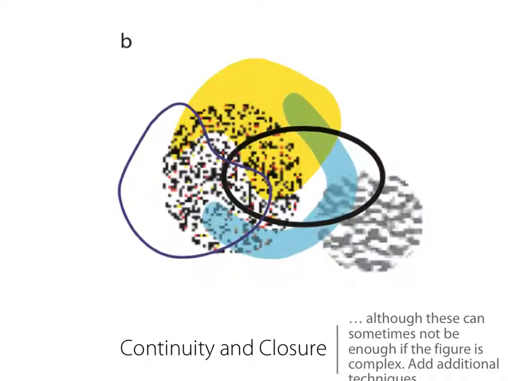Now, sometimes continuity and closure isn't enough, so we need to do something else. You can use something like similarity to start making that a little bit easier on yourself. This one could be a mess if I'm just using lines of the same line width. Now we're seeing all kinds of different similarity things, whether that be texture over here different than the texture over here, or even though these two forms are not filled in, they have different line widths and different line